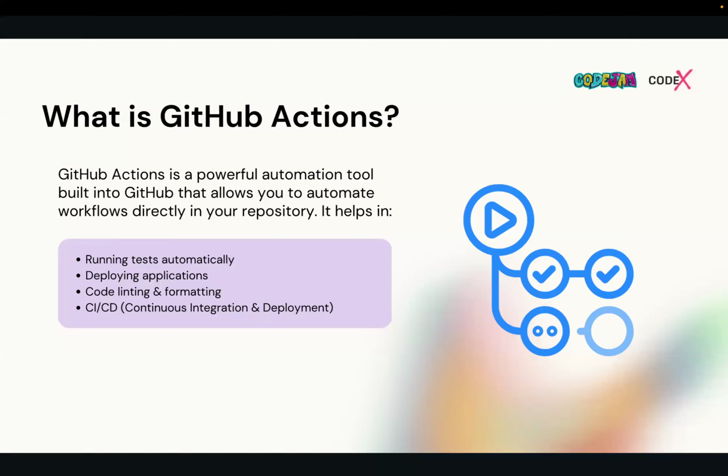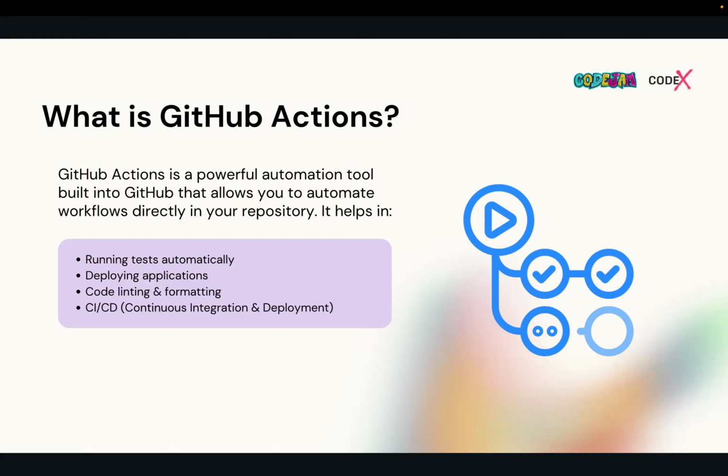They automate things in the integration part, as I mentioned, code linting, formatting, and also running tests. And in the continuous delivery or continuous deployment part, they automatically deploy things to their managed services on any cloud platforms like Azure, AWS, or Google Cloud Platform, or anywhere, and maintain their infrastructure using Terraform or something. They can use GitHub Actions.